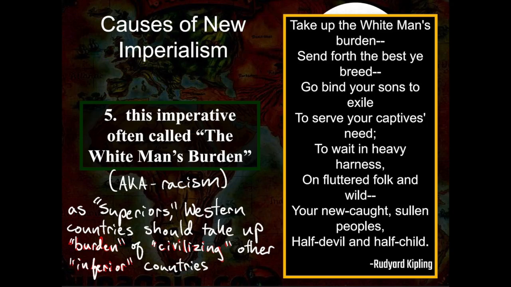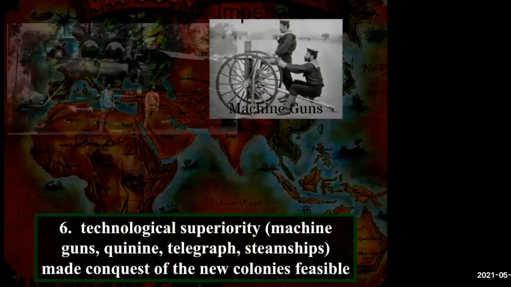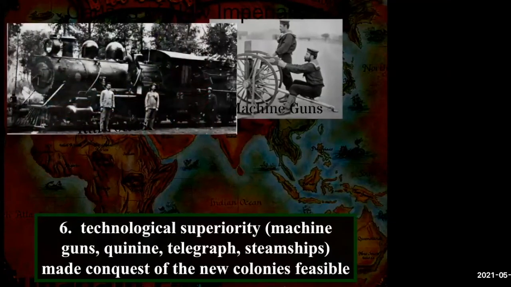So very convenient for the Europeans that they consider themselves the superior race and culture, because then they can use that as a justification for economic profit. So this is a key part of new imperialism, the idea of ethnocentrism and superiority, thus dehumanizing the people in the colonies and basically treating them as childlike or as less intelligent, even though we all know that is not the case. Also, technological superiority is going to allow for new imperialism.